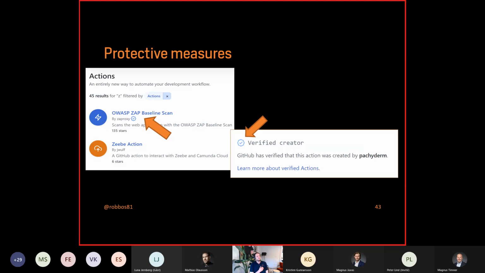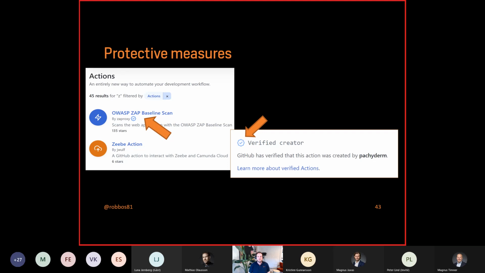Well, what else could you look at? Well, here's something, a verified creator label that a publisher of an action can get. Again, here I went looking, I even tried to read that link that says learn more about verified actions. And there's not really anything documented on what being a verified creator means. There's also no process that states if you do these 5 steps, then you will become a verified creator. And since it's not documented, it's an opaque process, in my opinion, you cannot trust it.